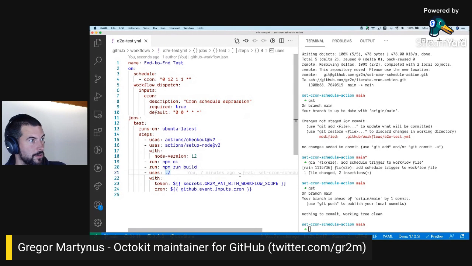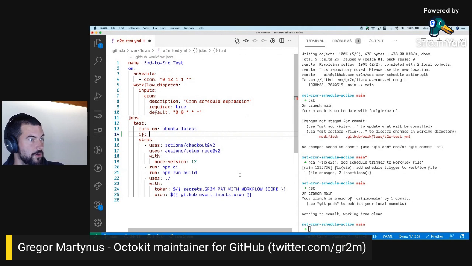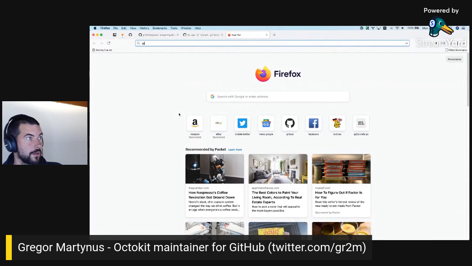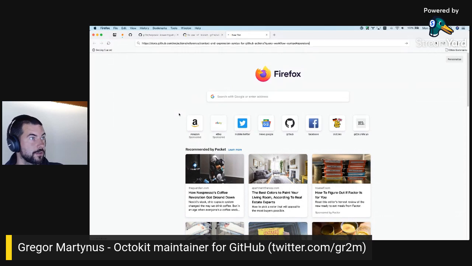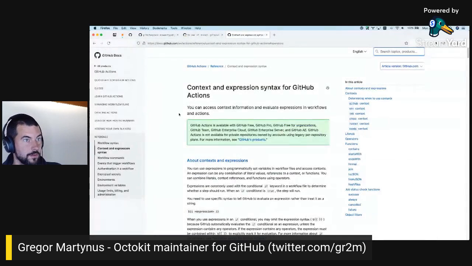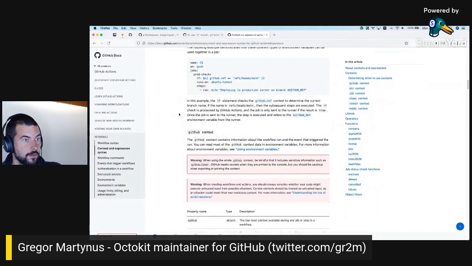I probably shouldn't run this only if GitHub, what is it called? The event name. I can check if the event name is a certain event. Let me see. GitHub workflow expressions. Event name. Okay.